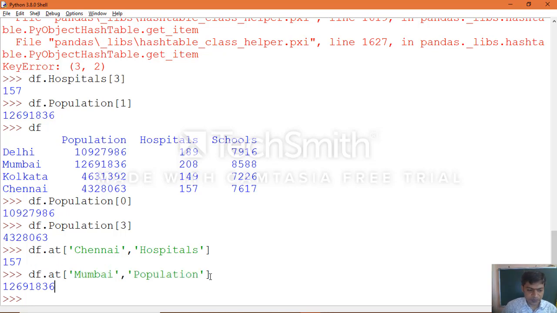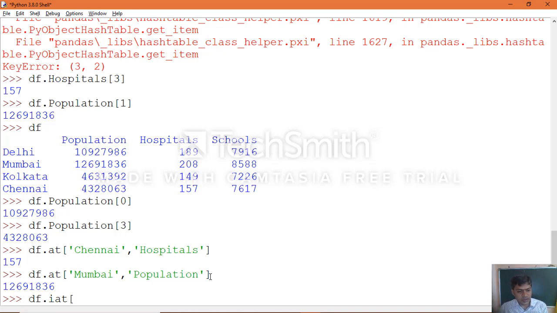In the same manner, you can make use of iat, the integer position. How does it work? With df.iat there are two parameters you need to pass: one is the row index number, another one is the column index.